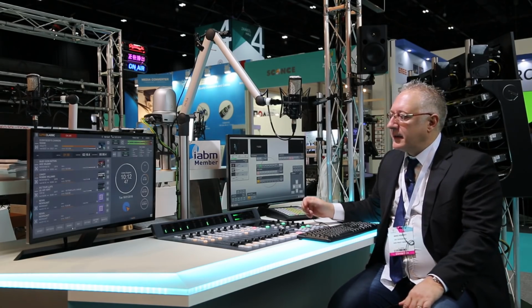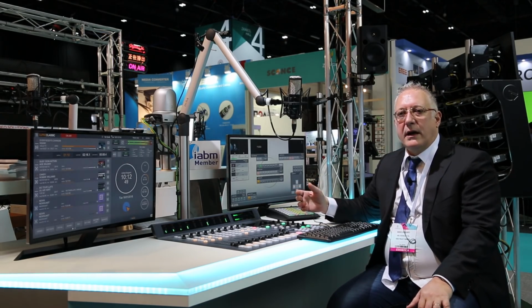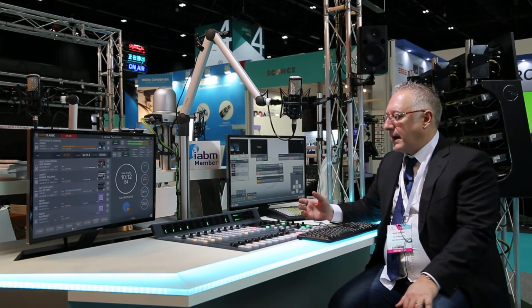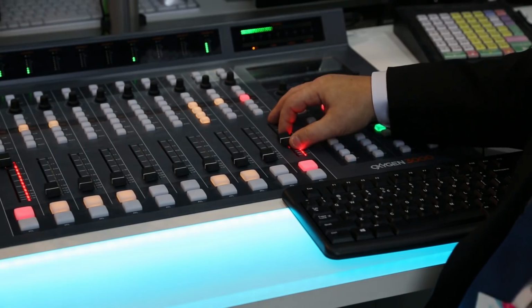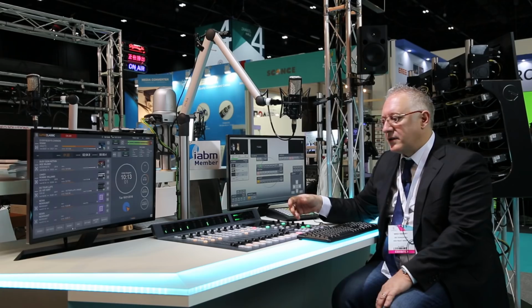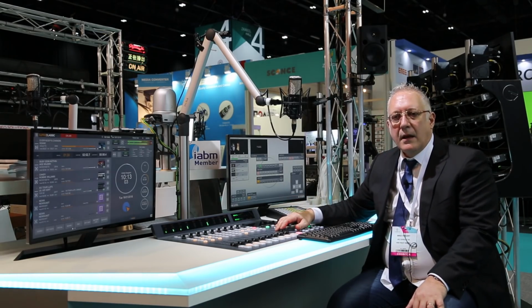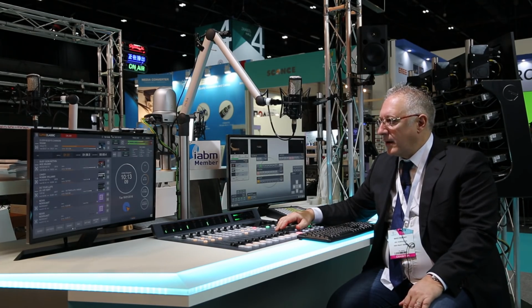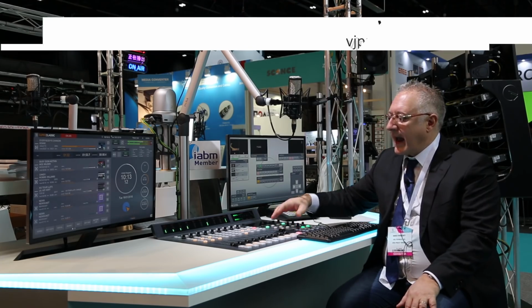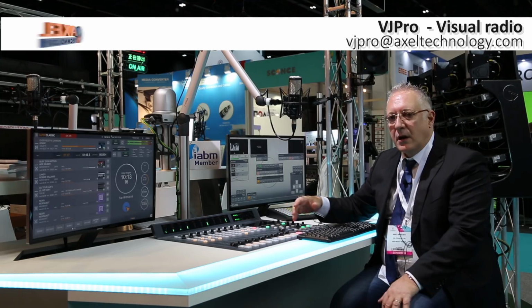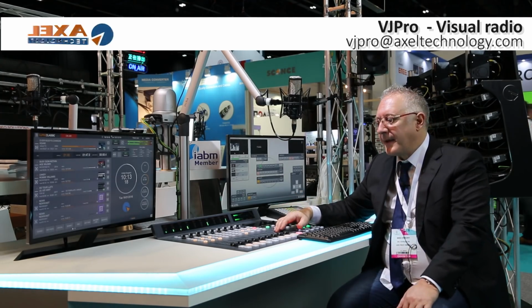We are here in a typical scenario, which is a radio studio, and we have an audio console and a radio automation, and of course microphones and headphones. This is very common and typical for a radio program to go on air. Usually the DJ interacts with the audio console and with the automation to create your radio content.